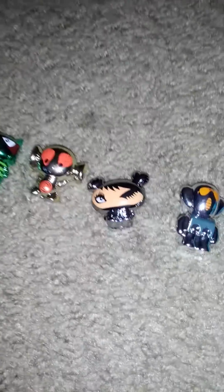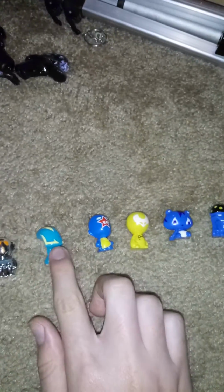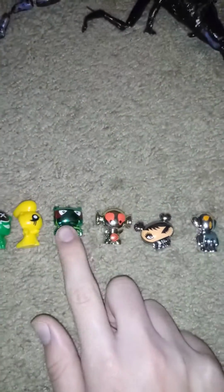pretty cool figures. I want to say all of them up to here were sometime in my 7th grade year. Yeah, I believe it was sometime up to my 7th grade year when I got all of these, technically starting from here all the way to here. Maybe. It could have been,